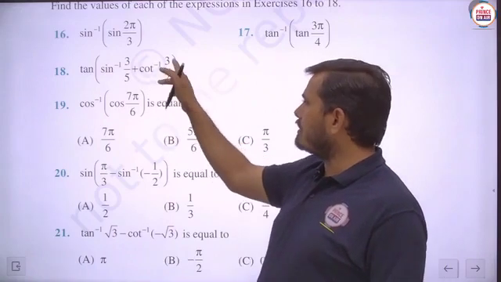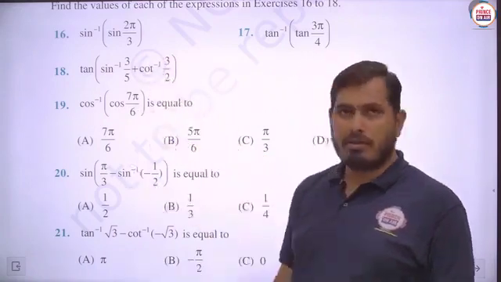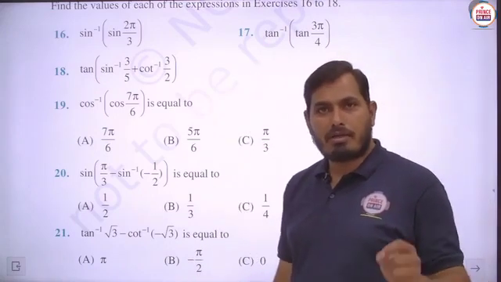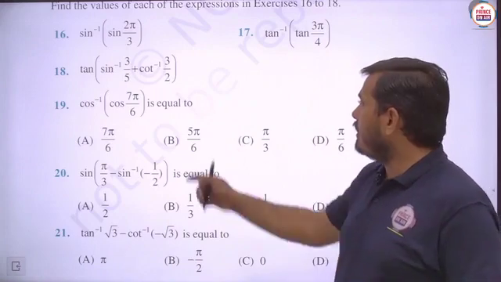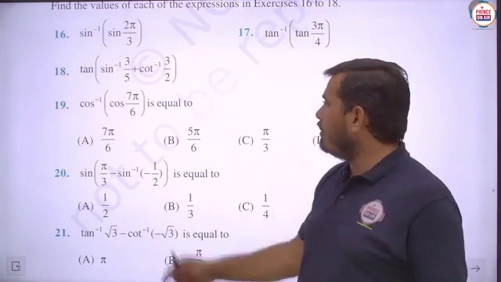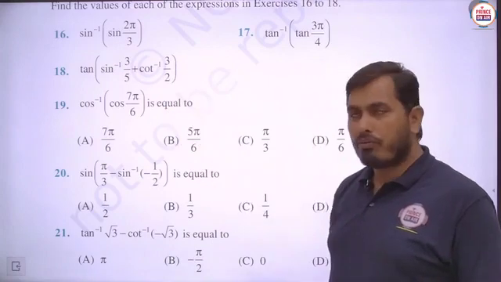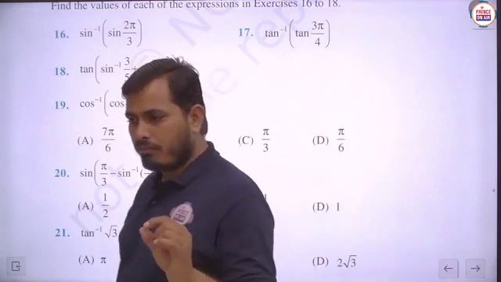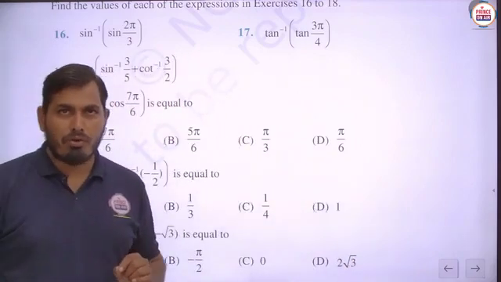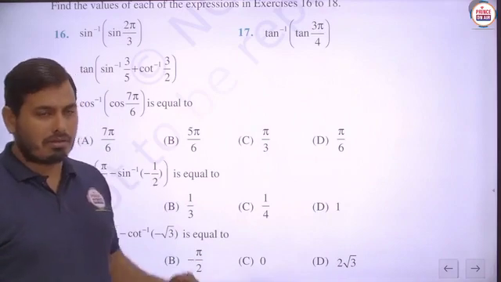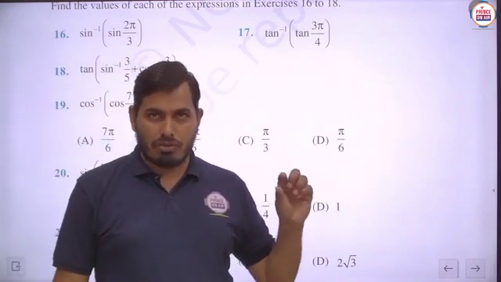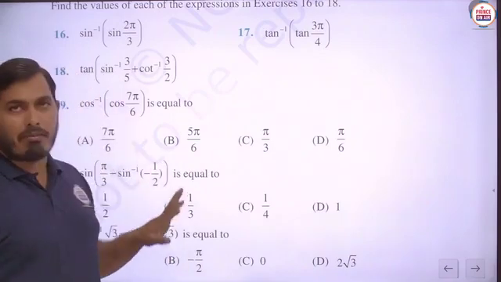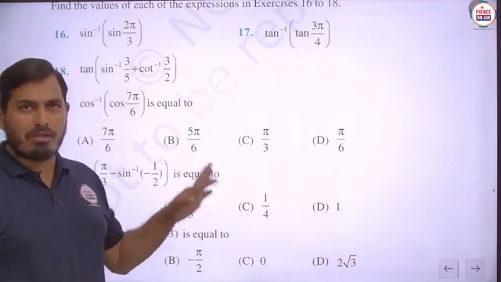Now cot inverse definitely has to be converted into tan inverse, because you know very well one important property: tan inverse of 1 by x is cot inverse of x. By using this property, this part will be converted into tan. But how is this conversion done? Students, in the previous theory part, in the last part of theory of this exercise 2.2, I told some conversion processes. These conversions are very important here, and the conversion is applied in this question also, and after that we will easily simplify the given part.